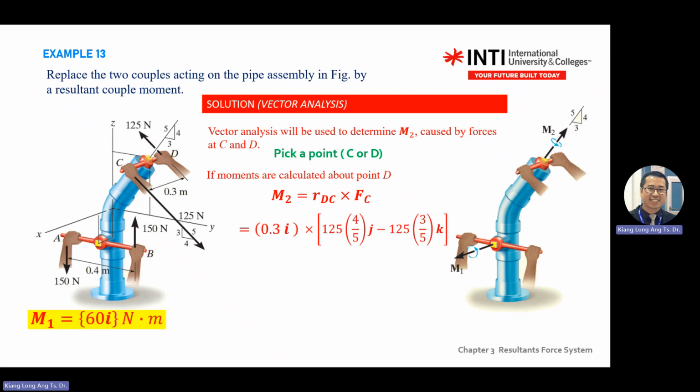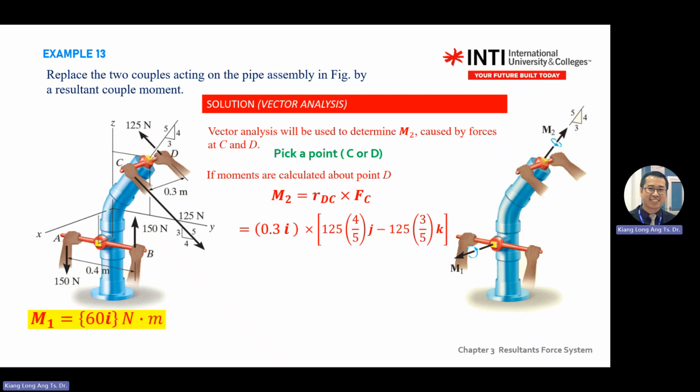Okay, M2, because it's slanted, where the certain angle is not on the plane itself, so you need to move your forces in the vector form. So RCD is here. So we are looking at point D. So point D, you close D. 125 at D point gone. You only see 125 at C with the R distance like this. So D to C will be 0.3i because it's moving towards X direction. Cross FC,